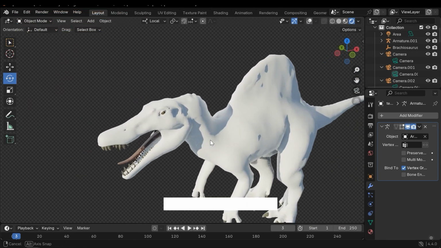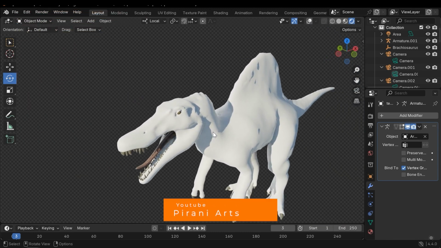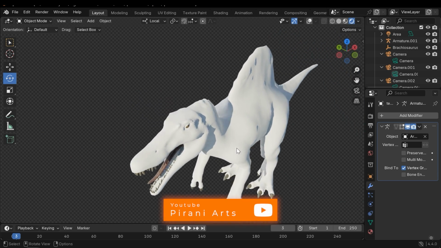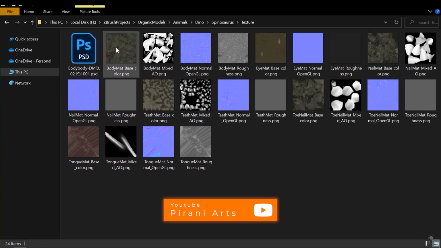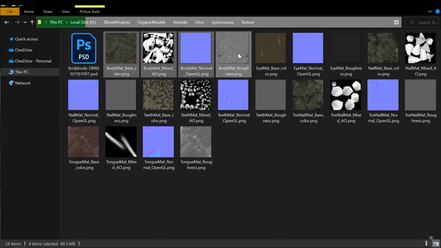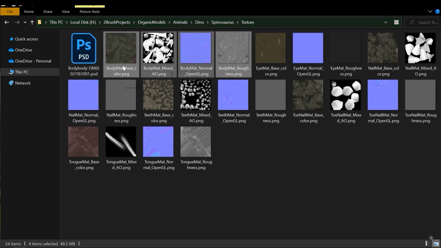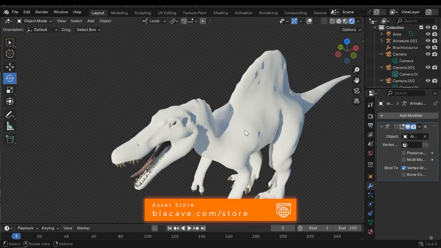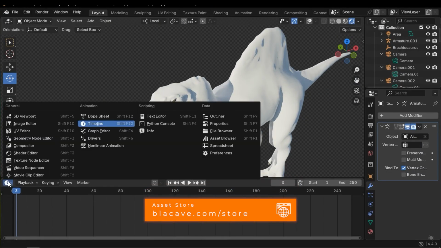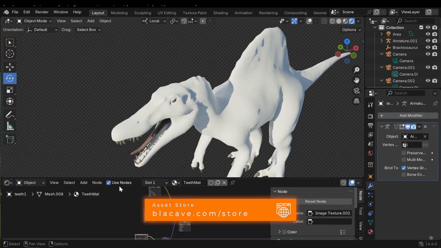Here I have a dinosaur model that I have assigned the material for the tongue and teeth and other components, but the main component is the body, and I want to add a realistic material to it. The first thing I need to say is that I want to use these textures, the body textures, and also this displacement texture. First, let's open a shader editor window,